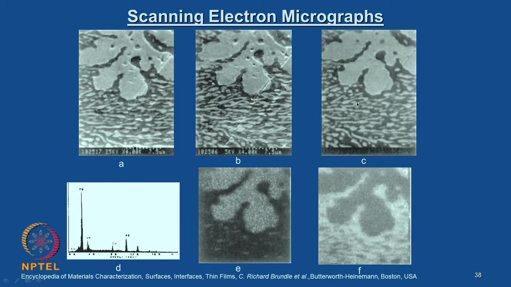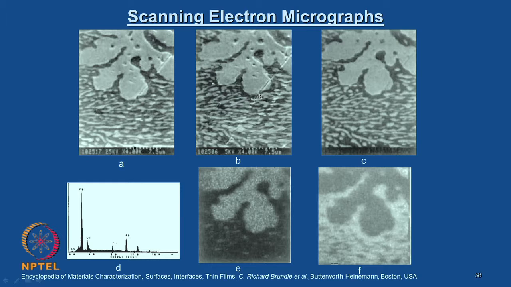I would like you to look at these three images a little more carefully and see what differences you are seeing. If you are able to figure out the differences, then that means you have clearly understood the previous information we have discussed, and if you are not able to catch the differences, I will help you. Look at the scratch mark here, and look at this scratch mark here.